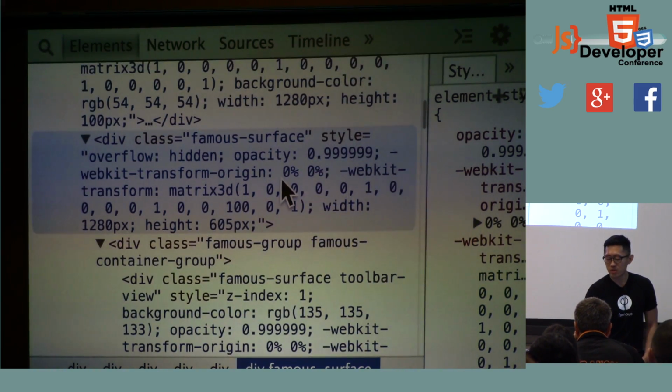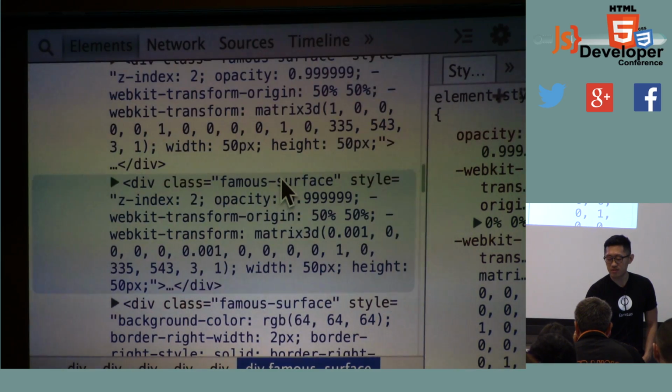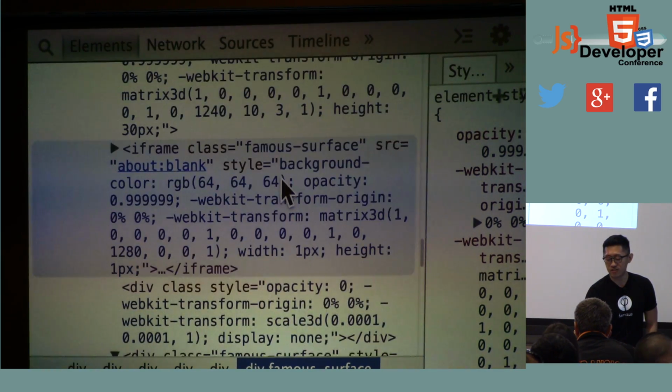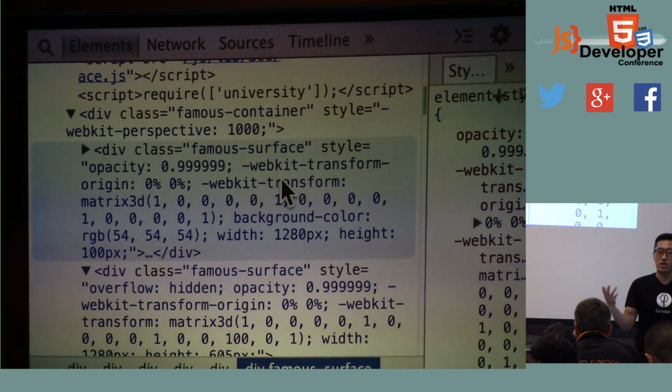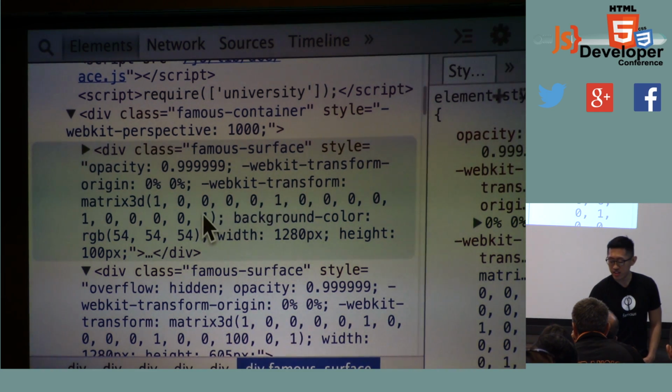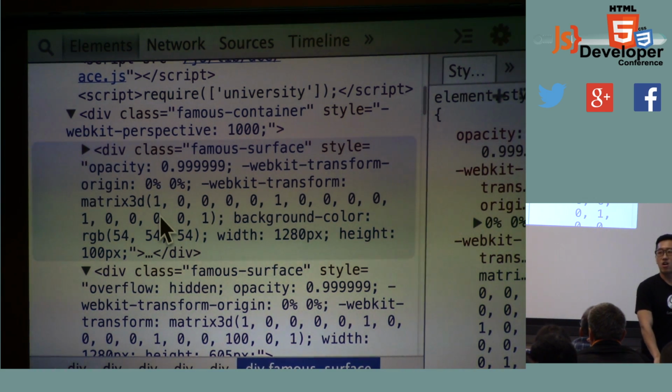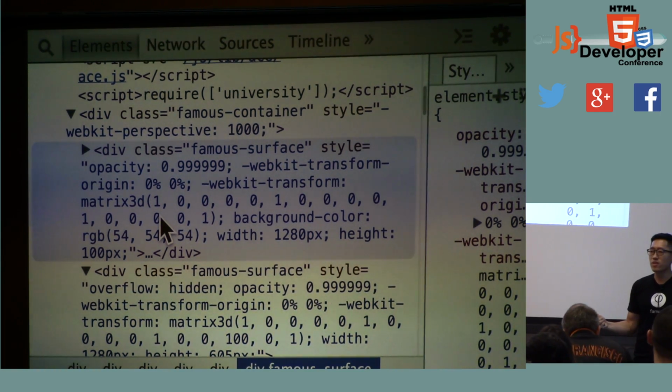And then down through here, you'll see a long, long list of divs with the class famous surface. Unlike most websites, if you ever go to a Google website and inspect elements, they nest the heck out of their DOM elements. They go dozens of levels deep. The difference in what we're doing is this WebKit transform matrix 3D, with a long string of numbers. There are actually 16 numbers there, which represent a 4x4 matrix. And this 4x4 matrix is what's telling the browser how to position, rotate, scale and skew these div elements